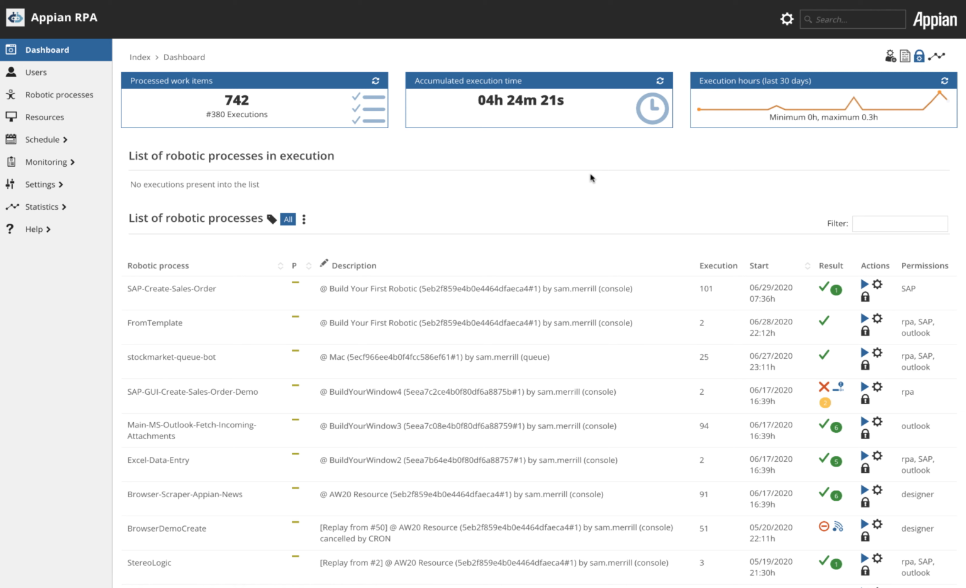Appian RPA has a set of rich monitoring capabilities. You can see right off the bat from the console, our dashboard has, just for instance, some out-of-the-box KPIs and graphs like process work items, average execution time, accumulated execution time. Now, if I go ahead and drill into some of my robotic processes, like for instance, this SAP Create